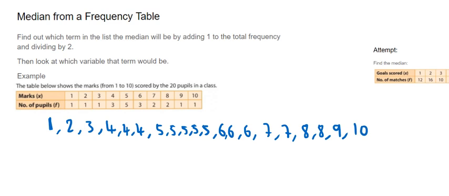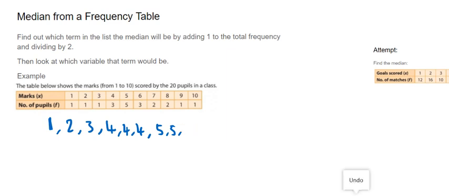And what we could do then is cross them off from both sides, cross off smallest, biggest, smallest, biggest. I'm not going to do it here, but you can do that yourself if you want. The one that you get in the middle will be the median, and if you get two in the middle, then you just add them together and divide by 2. So that's one way you could do it, and that's perfectly fine. Another way you could do it, and it might be a little bit less work,